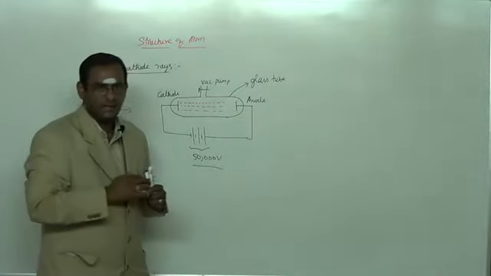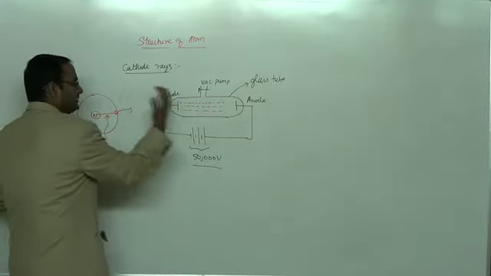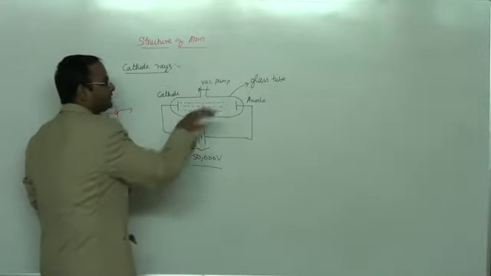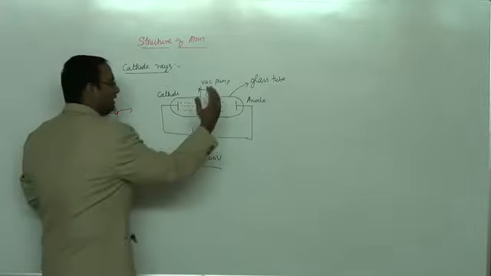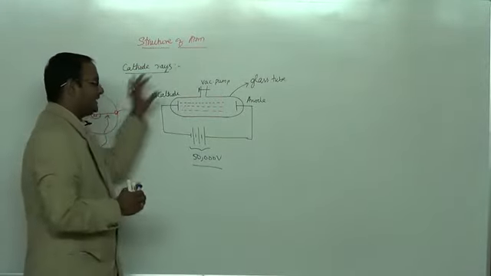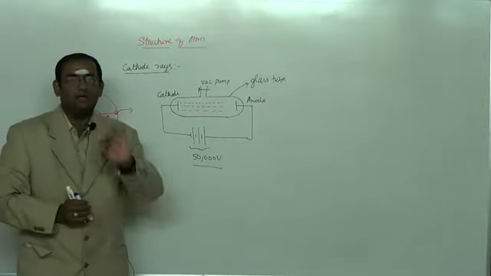so that the electron can travel freely outside. If the pressure of the gas is very high, then the resistance to the electron moving outside will be more, and hence the gases will not allow the electron to come out of the atom. Therefore, we conduct this experiment at very low pressure.